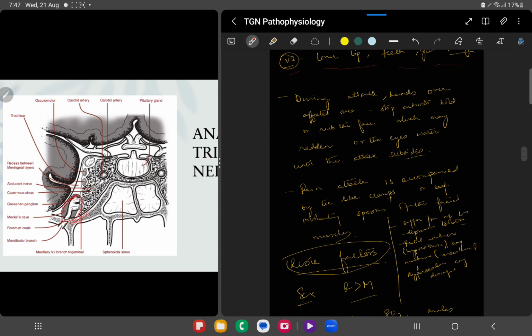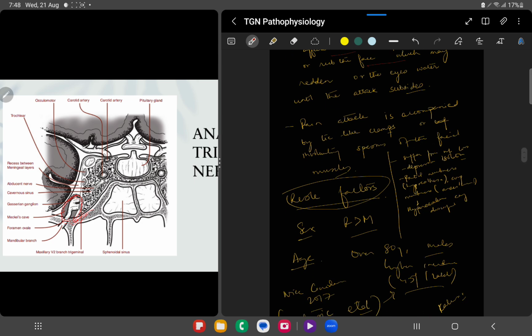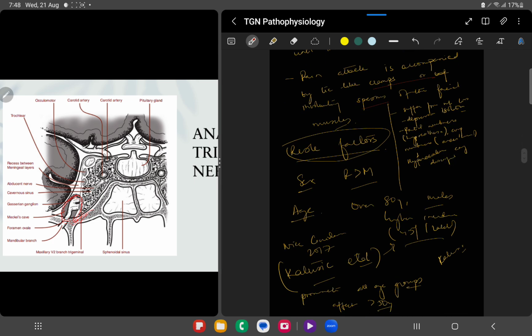Going forward, during the attack the patient may put hands over the affected area, stop activities, or hold or rub the face, which may redden, or the eyes may water until the attack subsides. The pain attack is accompanied by tick-like cramps. That is why the name tic douloureux. The patient suffers from depression and isolation. There may be partial numbness, hypoesthesia, anesthesia,